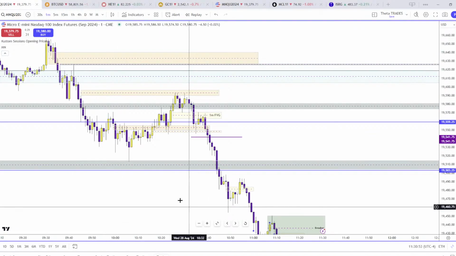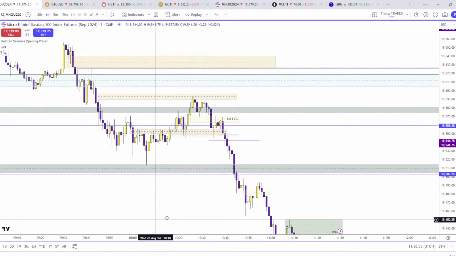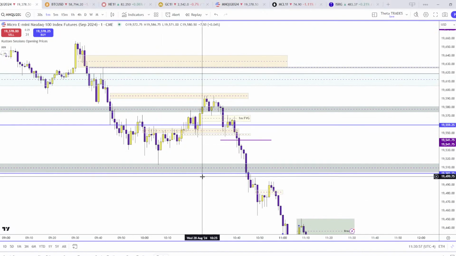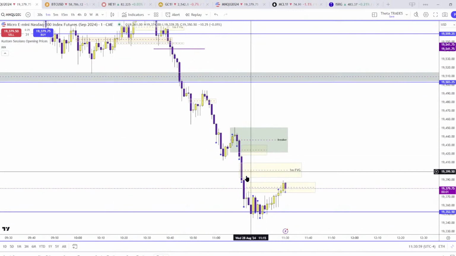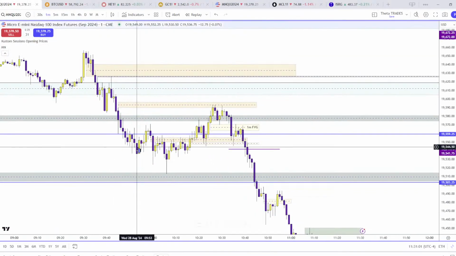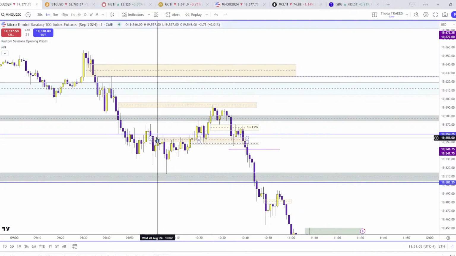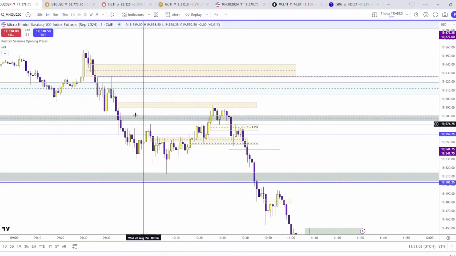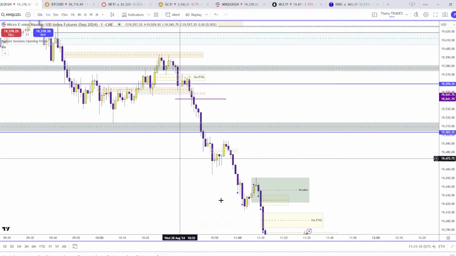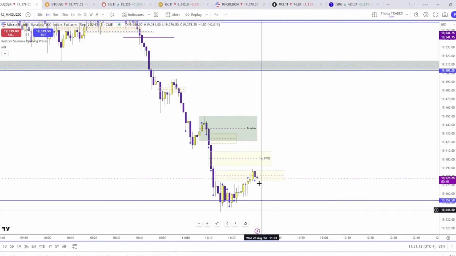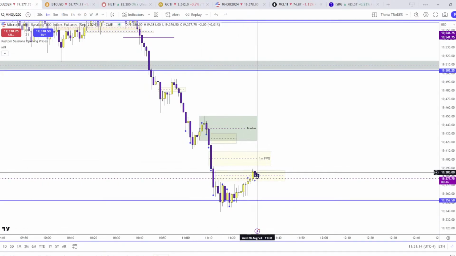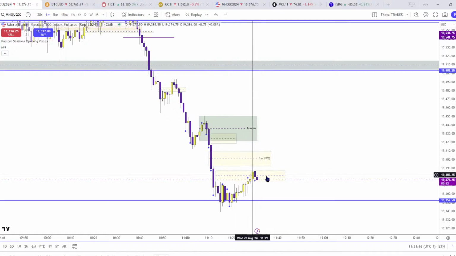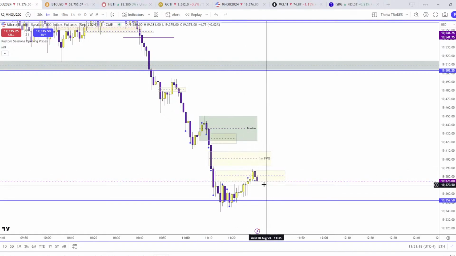This is just the same thing repeating down here, except that we have 3 fair value gaps to play with on this one versus just the two here. There was nothing in the middle here except this one, which is an old one. See, we're literally close and open right near the sensitivity of that. So if we close below that again,